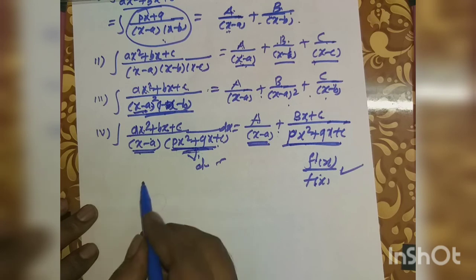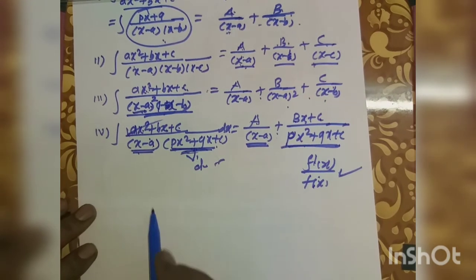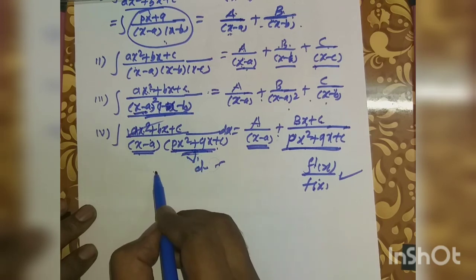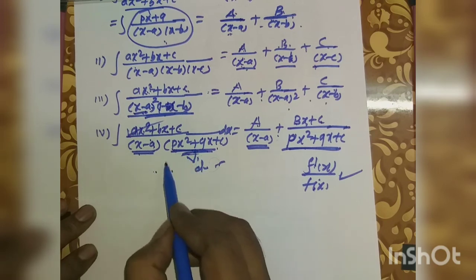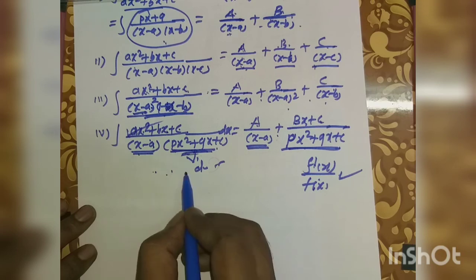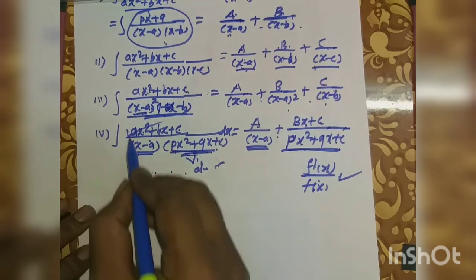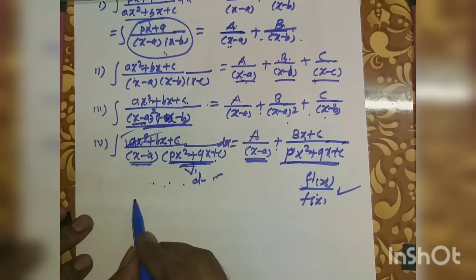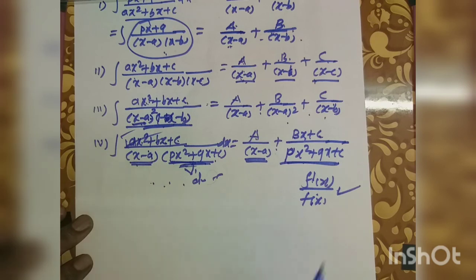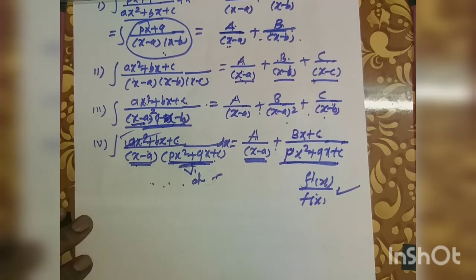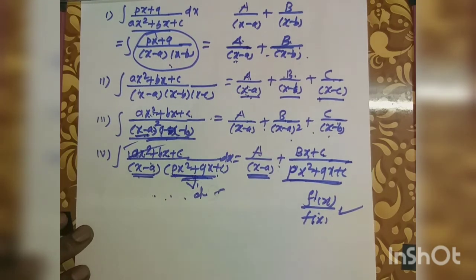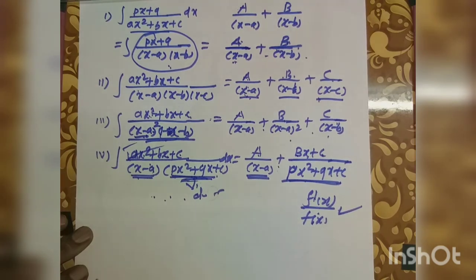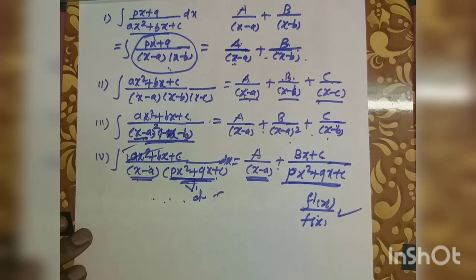Also, sometimes an example involves some substitution. The first substitution is x square is equal to t, or x sin theta is equal to t. Then we get one of these four forms, and we again get integration by partial fraction. Now, in this article there is no theoretical part, only understanding how to express the given problem in partial fraction.